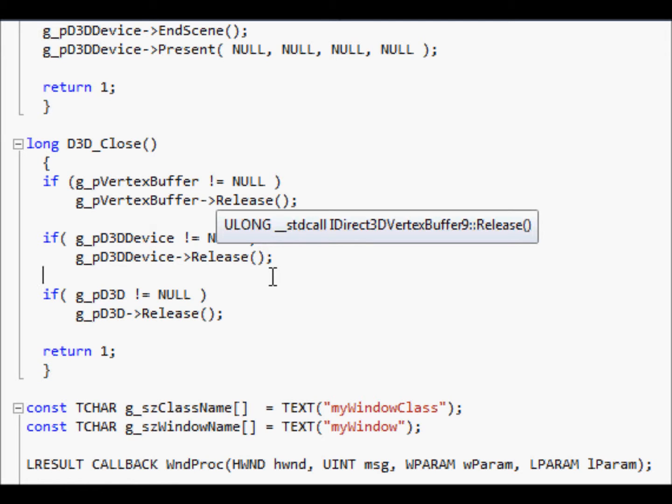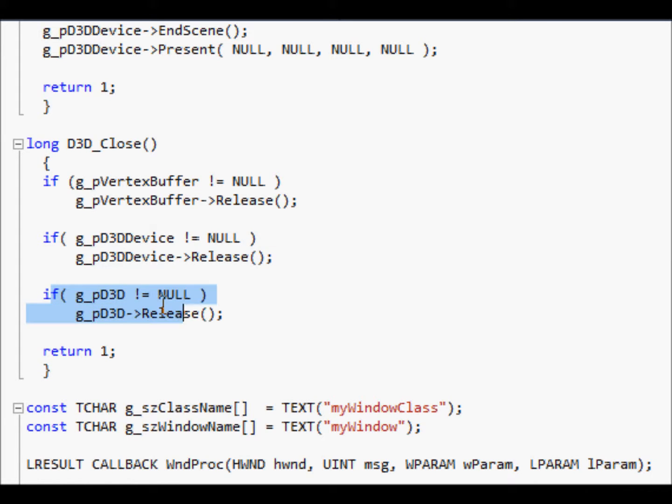Now we close. We delete our vertex buffer. If we had several vertex buffers, we would have to delete each one of them one by one, and we release the Direct3D device, and then we release the